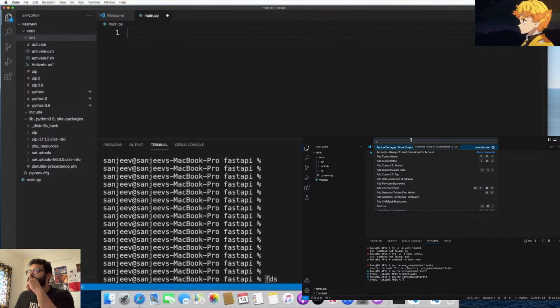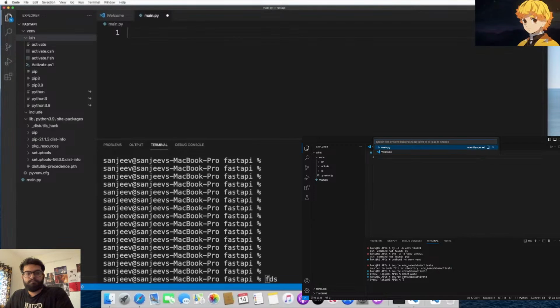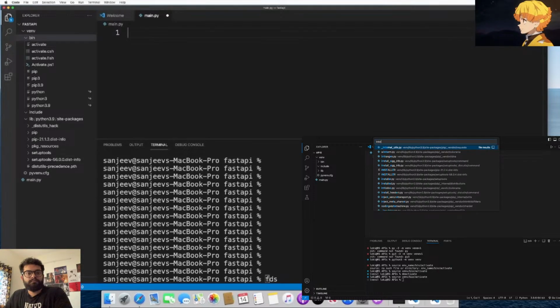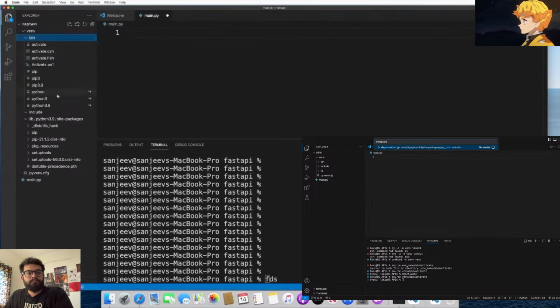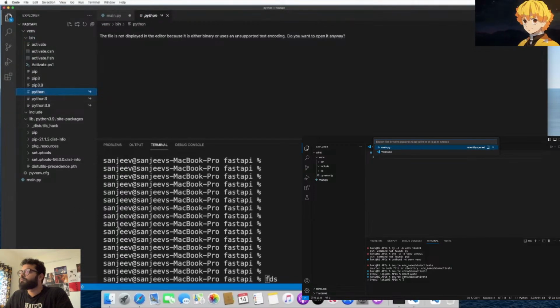So we'll hit enter and then take a look at what happens down here. You notice that the version still says 3.9.6, but our interpreter is actually pointing to our local virtual environment now because we changed the interpreter to use this specific Python file right here. And so this is what's going to allow us to install our own